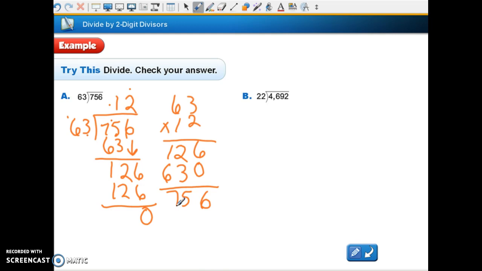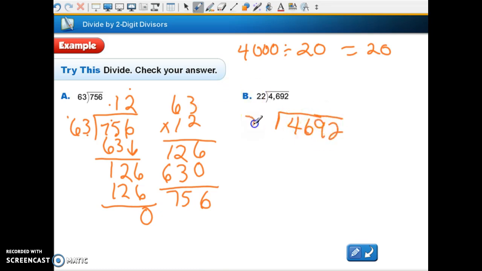B is, okay, so if I rounded this to 20 and I rounded this to 4,000, I'll get 20. Or I could round this to 44. Okay, so we're going to be at about 20. If I look at this and I think, well, a 2 times 22, so